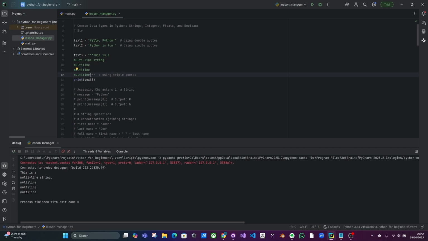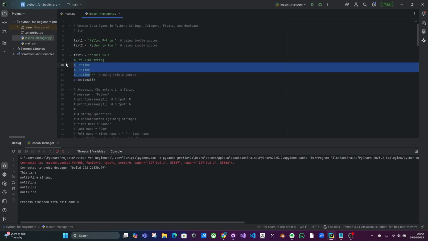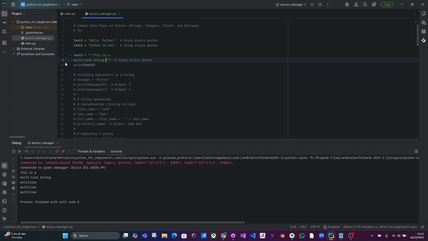So it's easy to do this when you have a long string of text that you want to set into a variable, such as a query, SQL query for instance. So that's how texts are done. You simply use these double quotes or the single quotes to put your text in. Now